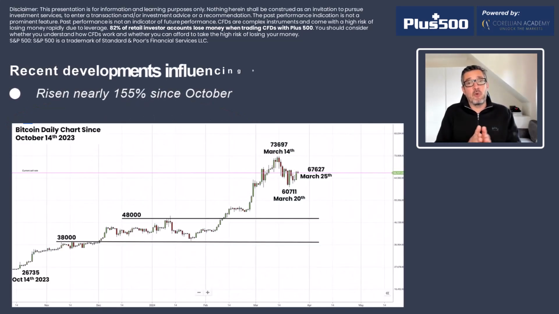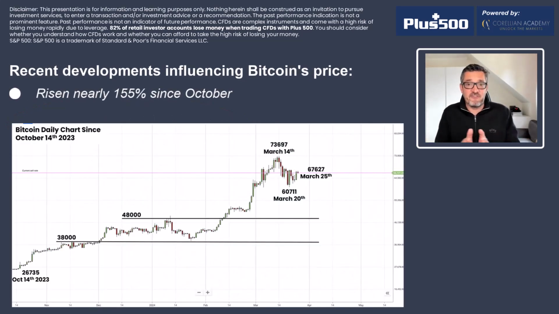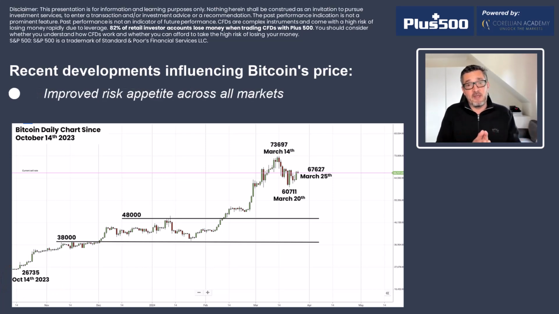So the price of Bitcoin has risen nearly 155% since its October 2023 lows at 26,735. Three main things have helped this on its way. The first has been an improved risk appetite across all markets. It's no surprise that the move from around 27,000 in October to above 38,000 in dollars in December all happened